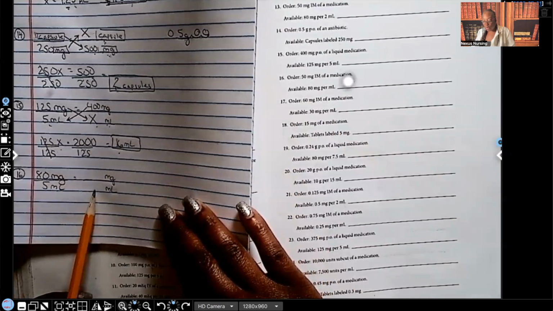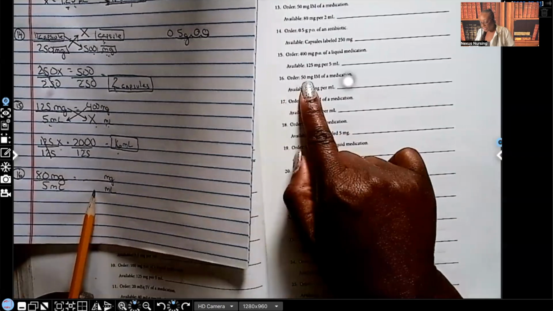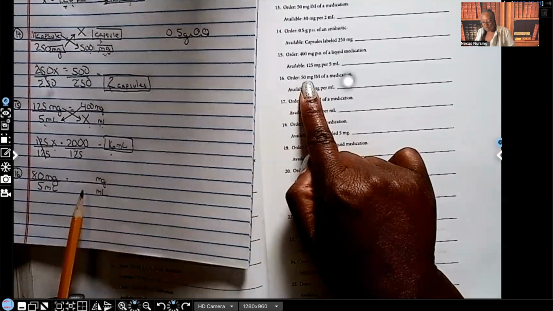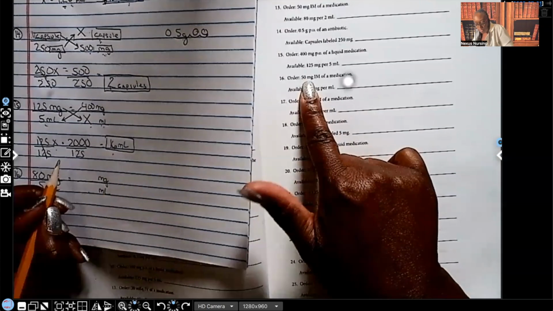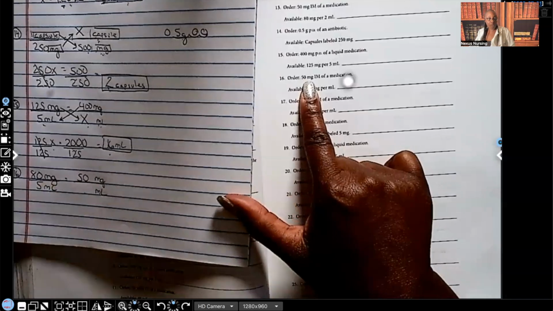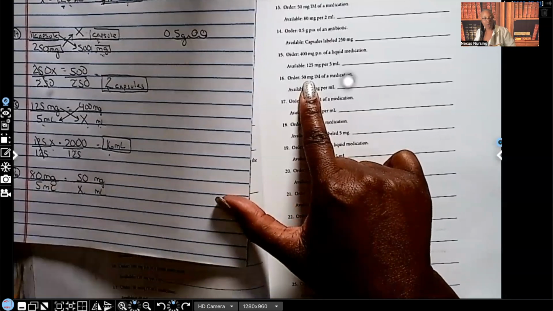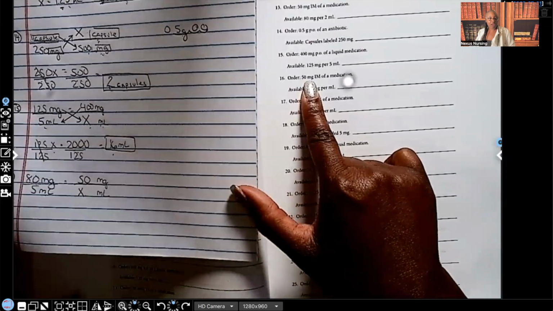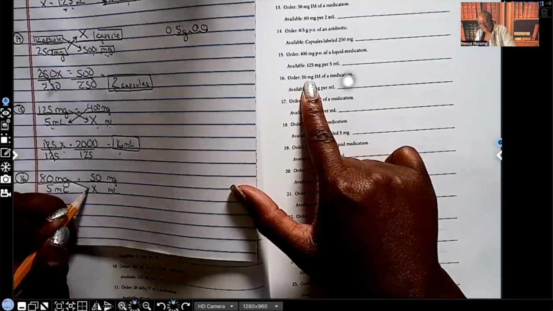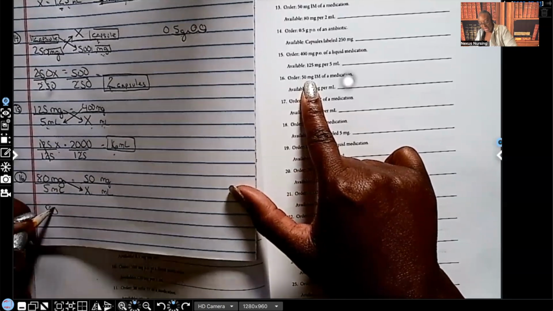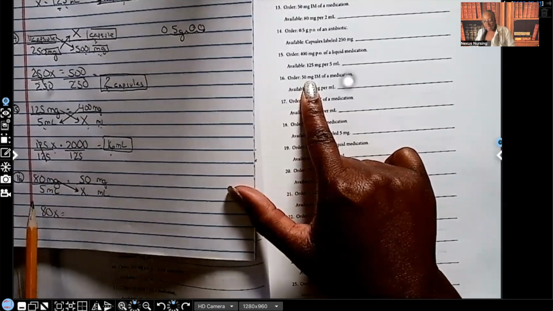Let's plug in our third number. Let's go back to number 16. All we have left is our 50. Am I going to put the 50 milligrams up here or down here? It's going to be up here. I already have my milligrams. So I'm going to put my 50 over what? X. X is what we're solving for. Now that our numbers are plugged in, what are we going to do next? Cross multiply. Very good. So I'm going to do 80 times X, which gives me 80X, is equal to 50